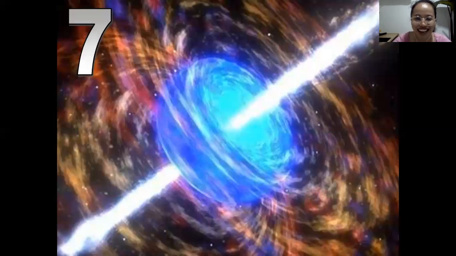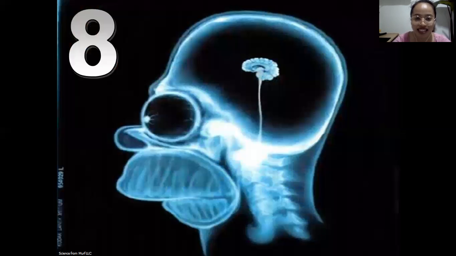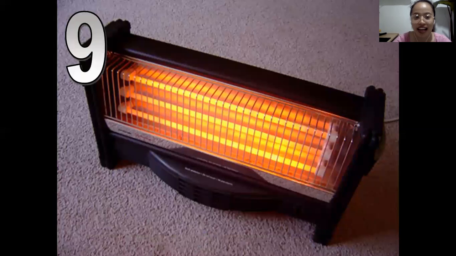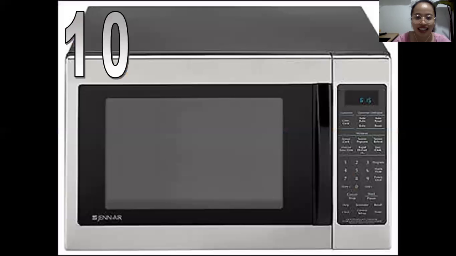Number 7, number 8, number 9, and number 10. Again, you need to write your answers in your notebook and send your answers in Cerebro